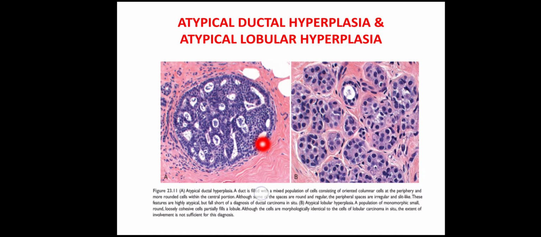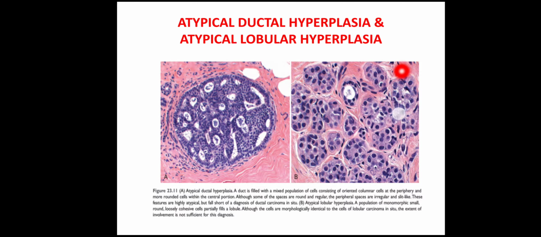You can see the cells are elongated, with elongated nuclei perpendicular to the basement membrane, so they are columnar in configuration. In the periphery here also the spaces are slit like in UDH. Now cells will show a little bit of atypia, but they will not be as atypical as in ductal carcinoma